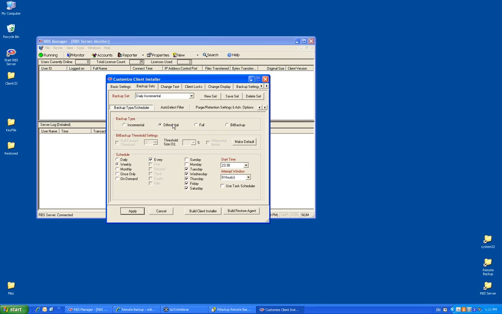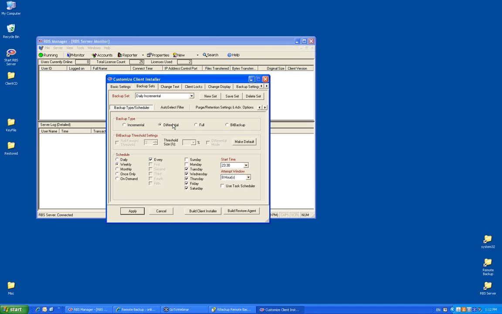Differential, the only reason why you would need to use differential is if the customer or the end user is using, let's say, a tape backup solution. Now, if they're using a tape backup solution, in most cases, they also rely on the archive bit for file selection. And whenever you do a backup with any software, it resets the archive flag after the backup is complete. So if they use some other backup solution, then you have to use differential and run our software, the remote